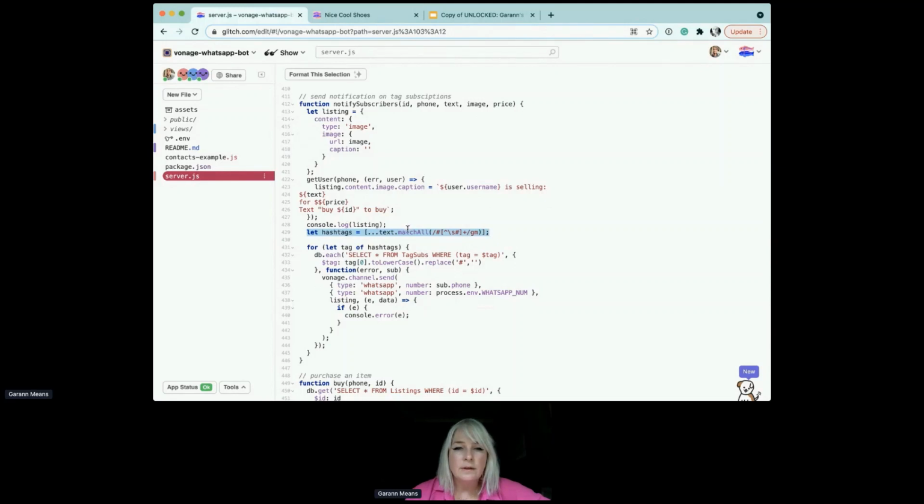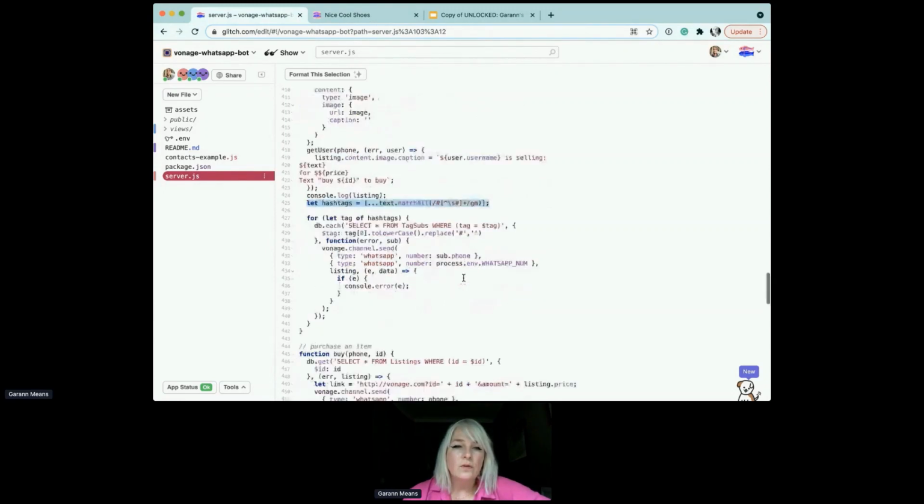But then we want to get the hashtags that the listing contains. So we're going to use a regular expression to do that, just grabbing anything within a hashtag within the text that we were sent. And then for every one of the tags that we were able to match against, we want to do a select from the subscriptions table. And then for every subscription to every hashtag, we're going to send out a message saying,